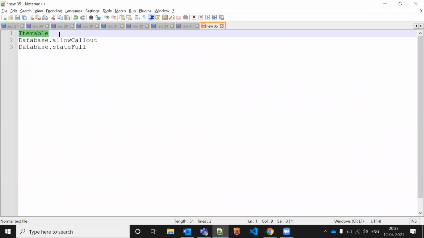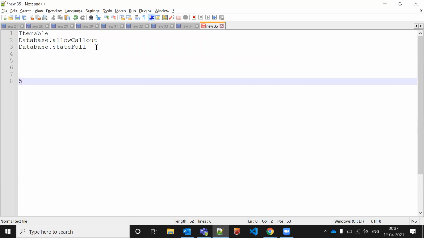Why? Because as you know, in batch apex, what is the governor limit? We can process up to 50 million records, right? But a basic SOQL is 50,000 records only.